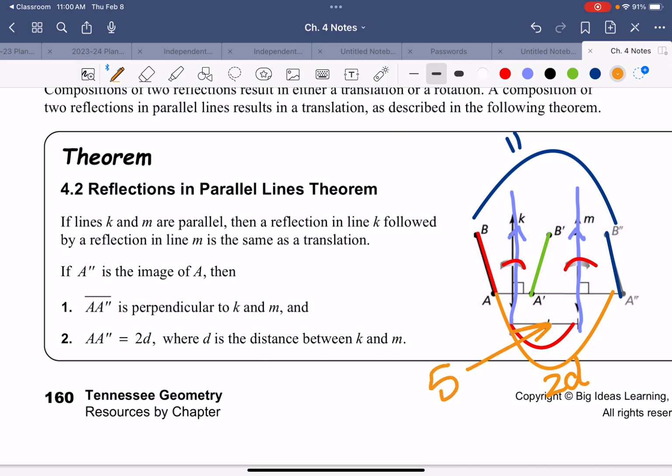So if I told you, in other words, this distance right here was 5, you'd be able to tell me that the orange distance is 2 times 5. And that's what they're wanting you to get out of it. Okay, if we take that line BA and we reflect it over K, then we reflect it over M, and K and M are parallel, the distance between BA and BA double prime will be twice the length of the distance between line K and line M. Okay,